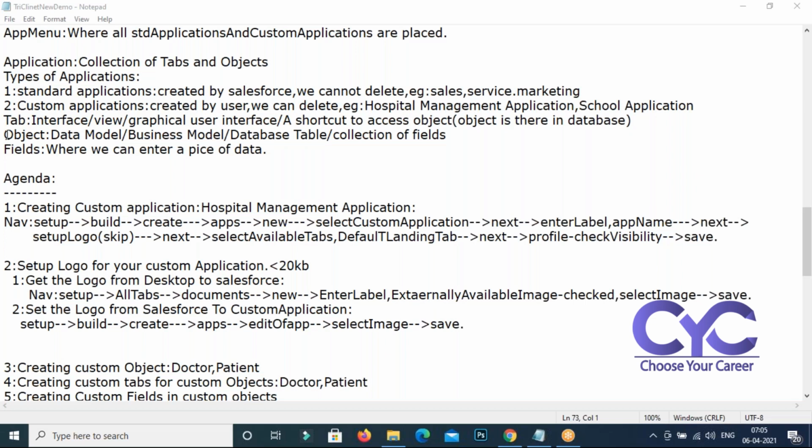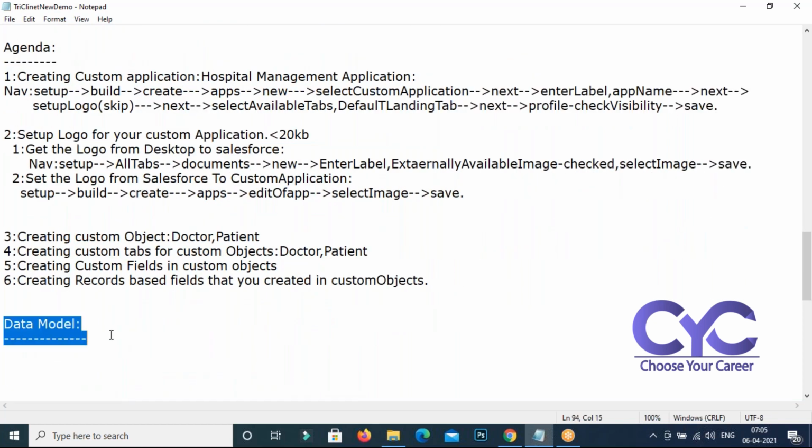Already two types of objects are there here, right? Look at this. What is the meaning of the object? Object is nothing but a data model, or a business model, or a database table, or a collection of fields. Any particular object, right? Now in this one,